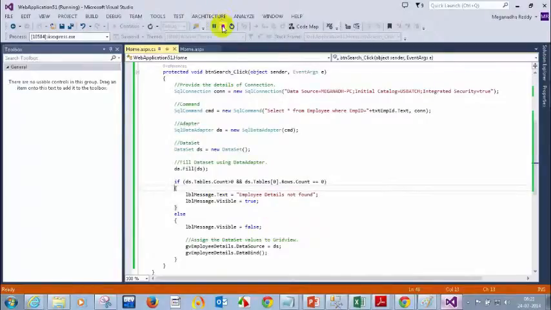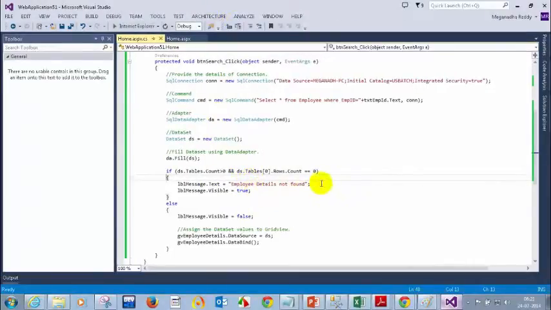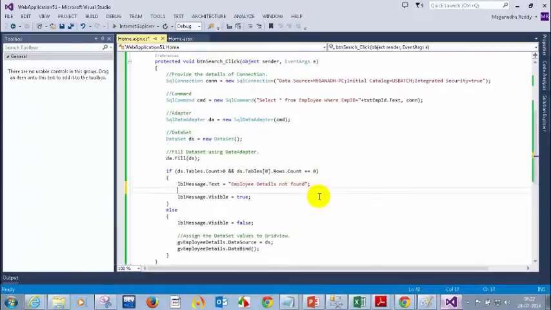Let me modify this code: gv.Visible equal to false, and here gv.Visible equal to true, only if values are there.